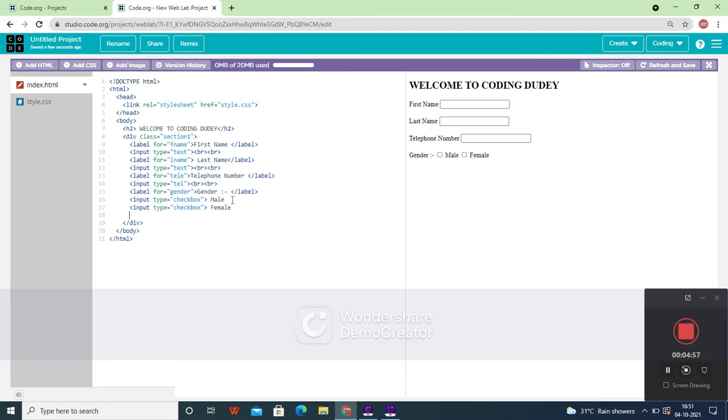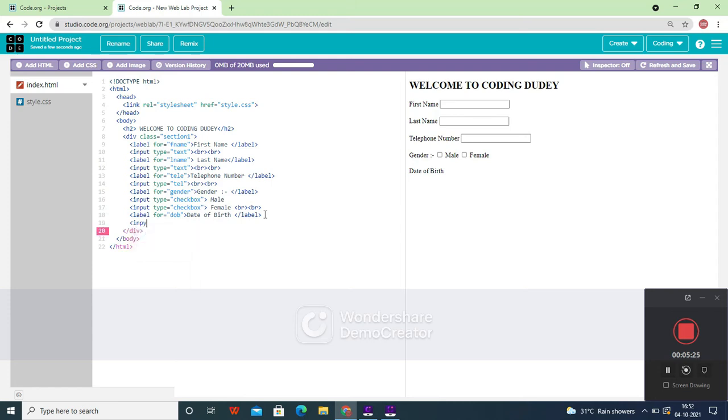The next one, we are going to give our birth year, which is date of birth. Let's give a label for date of birth. Here you have to give BR, then only it will come onto the next line.